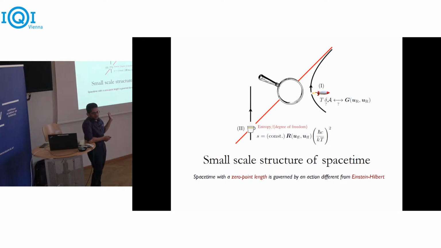I will not have time to go into it unless there are questions. But what I am going to do is imagine that there is a length scale that exists in space time in a fundamental manner, which I am going to call a zero-point length, Planck length if you like, but it could be any length scale, which actually sets a lower bound on measurement of space time intervals. That was always the motivation behind models like the generalized uncertainty principle, but I am just going to take this